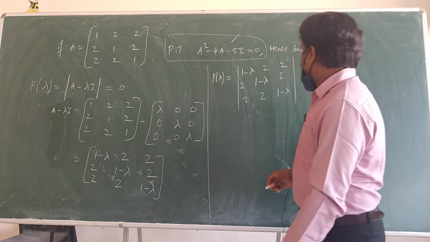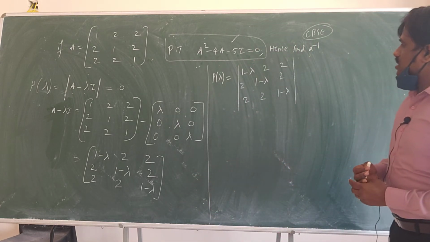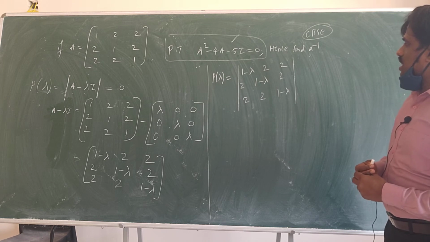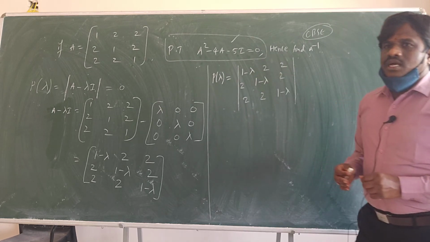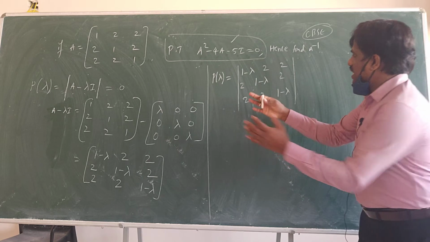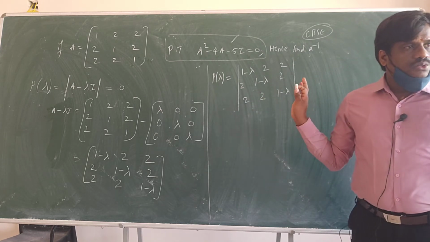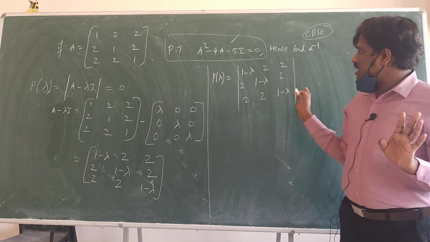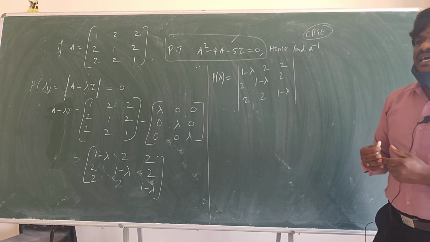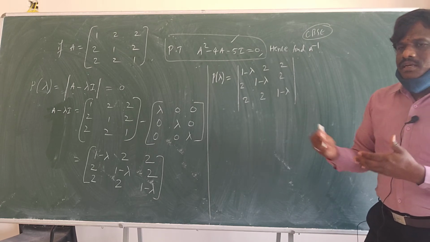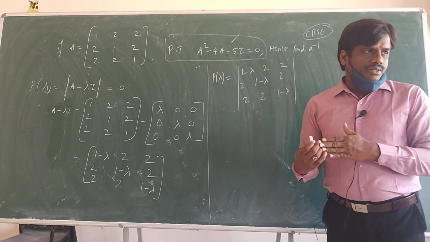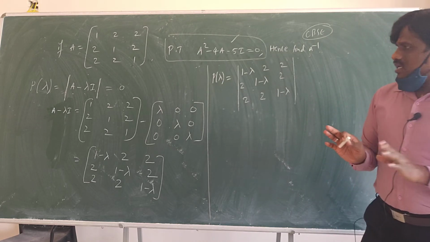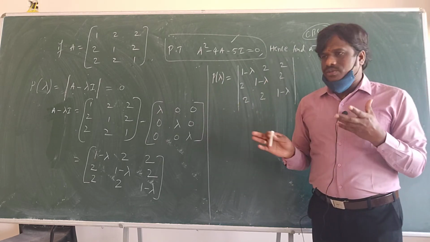Yeah. So now what we have to do here is find the determinant of this. You can do two things. You can directly open it and find, no problem, no issue. Or you can apply an elementary transformation, make it simpler, then you can do it. Anything is okay. See, nobody will ask you how you did it.